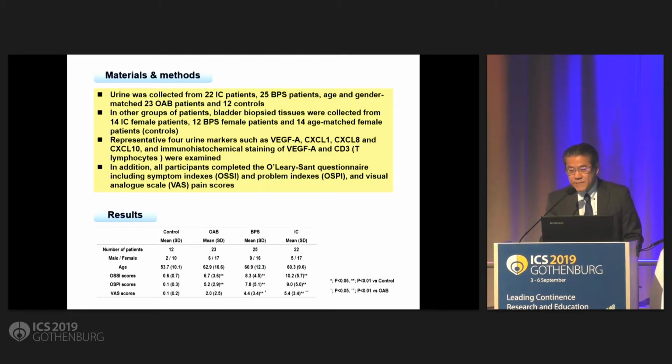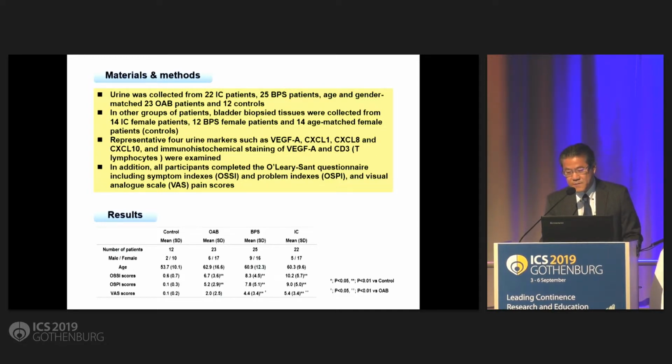Urine was collected from 22 IC patients, 25 BPS patients, 23 age- and gender-matched OAB patients, and 12 controls. In another group of patients, bladder biopsy tissues were collected from 14 IC female patients, 12 BPS female patients, and